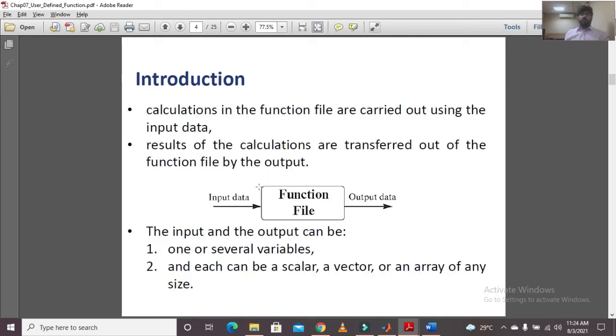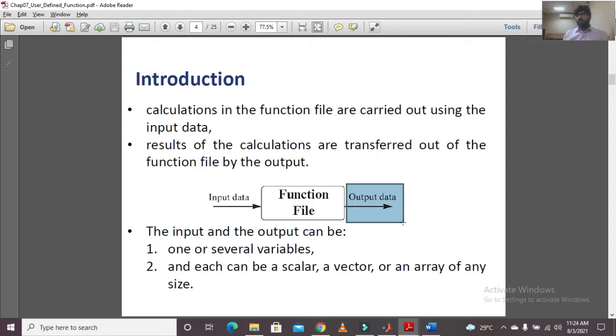We will make a function file, then we will enter the input in our script file, and when that function file is executed, it will give you the output.